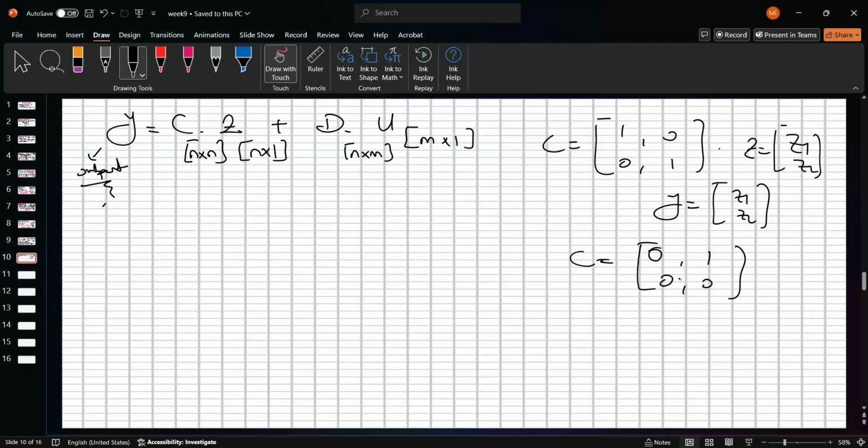Or if we want to measure z1 plus z2, we may utilize this value also. How can we build the C? Yes, 1 1 0 0. Okay, D must be set to 0